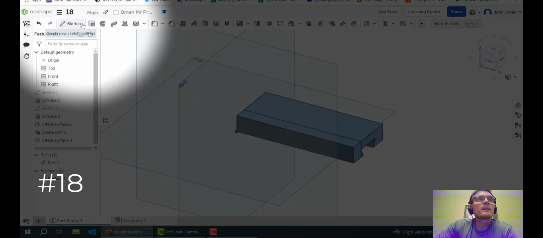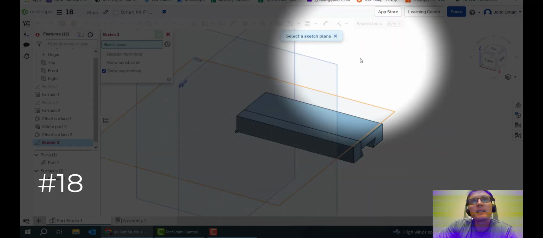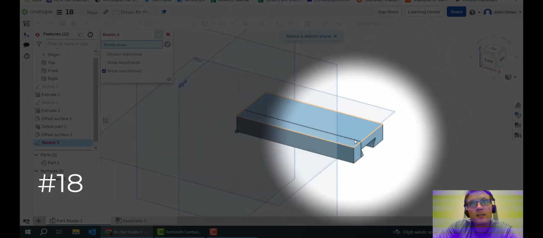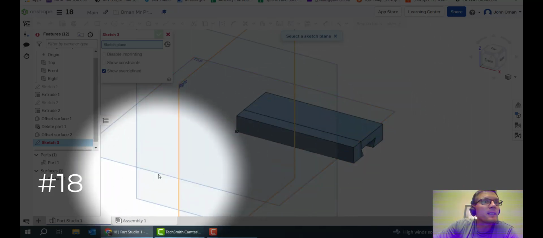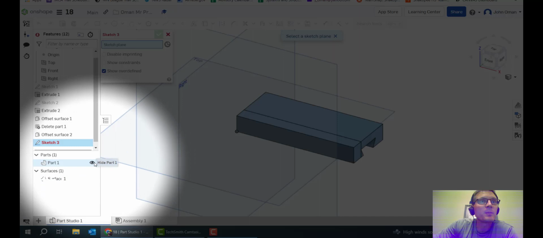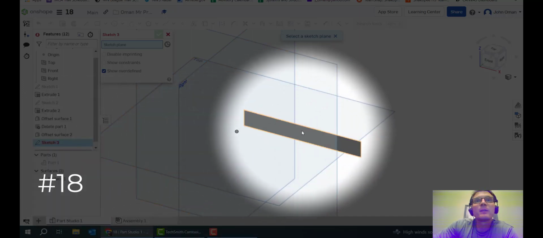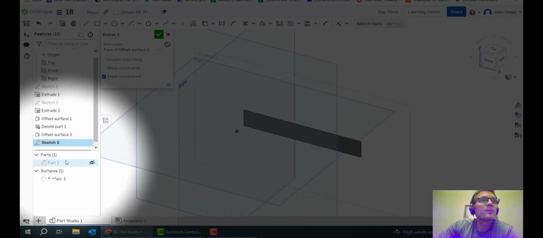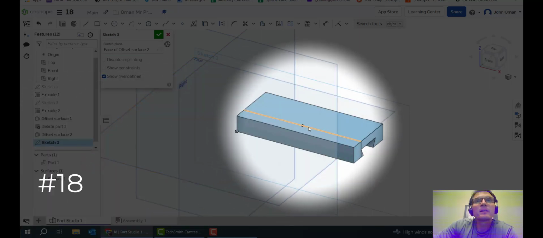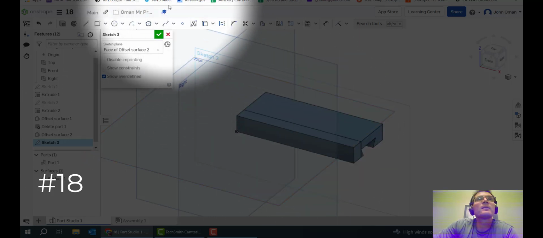Okay, I want to sketch on that, and it's probably hard to select it. It wants me to sketch a place to draw, so don't select anything yet. Let's go down here and hide part 1, the part we've drawn this far. So click on the eye. There it is, and now we can select that. Then you can re-show the object. We are drawing back here in space. All right, so now